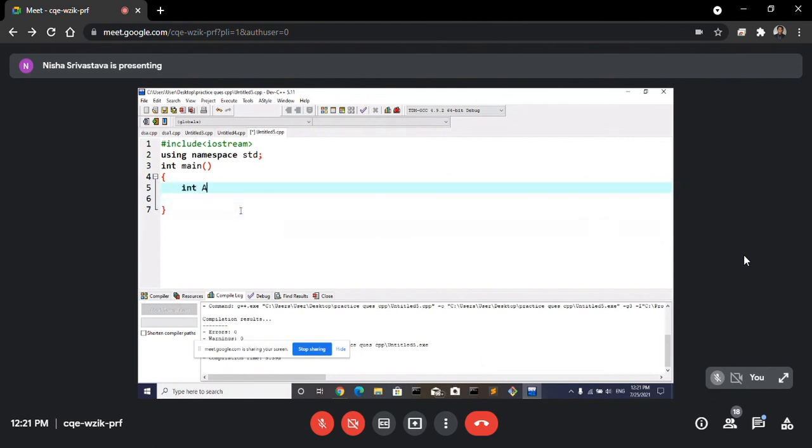So we have array A with elements 1, 2, and 3, and we are going to print the reverse of this array. So, reverse of array A is,